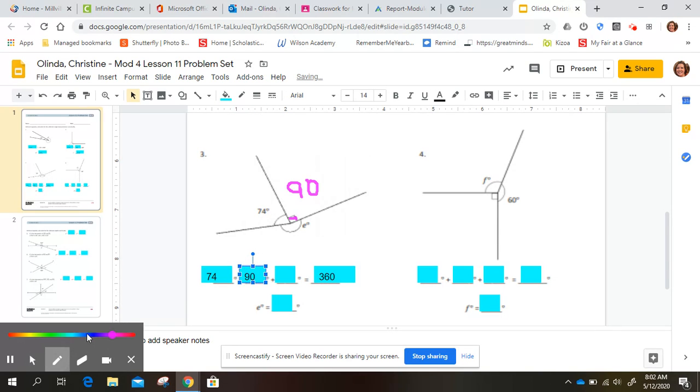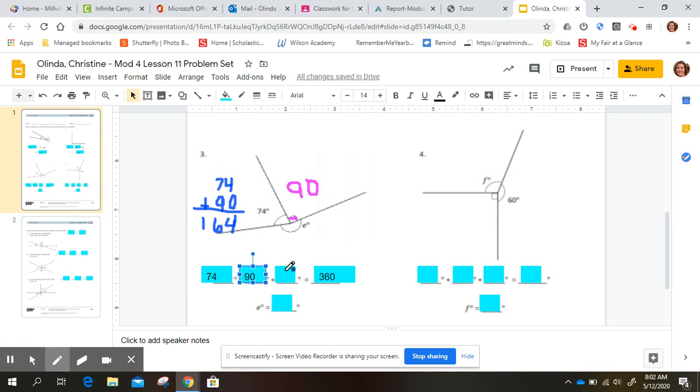And if I want to know this missing number, I have to think 74 plus 90 plus something equals 360. So the first thing I need to do is add 74 and 90. And then 7 plus 9 is 16. So I know my missing angle here has to be 164 degrees. Or no, that's what I added together. But now I need to know what this is missing, but the total has to be 360. So I take 360